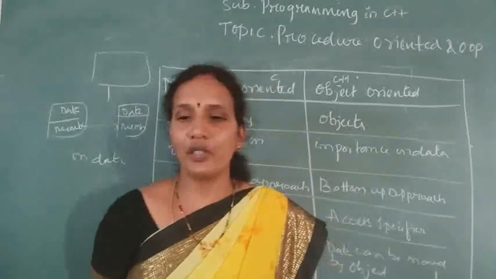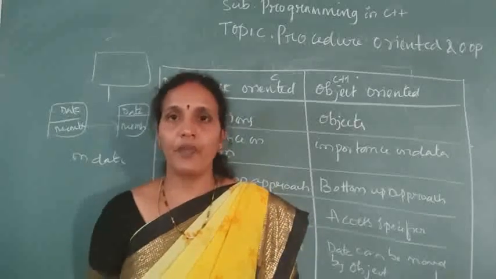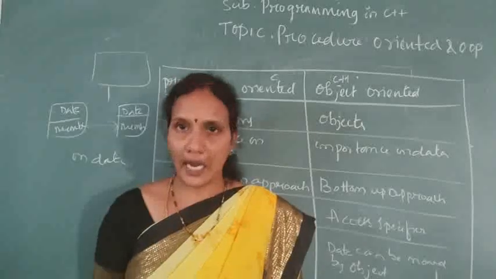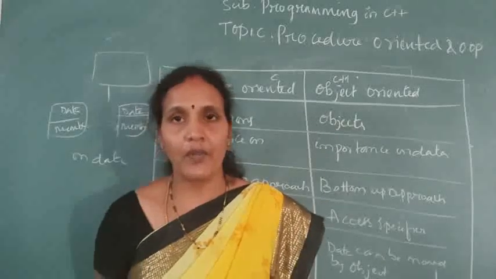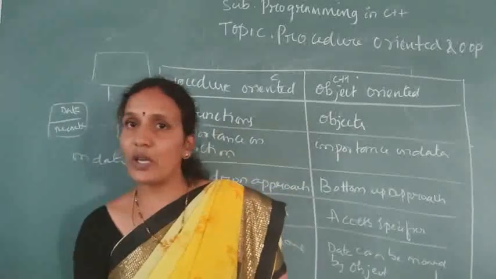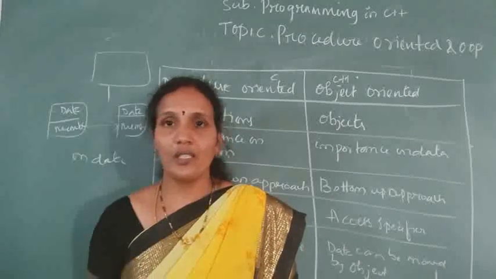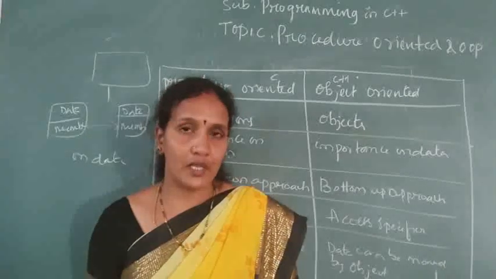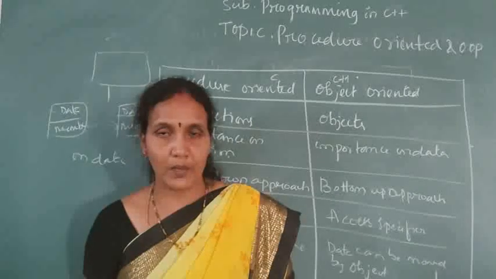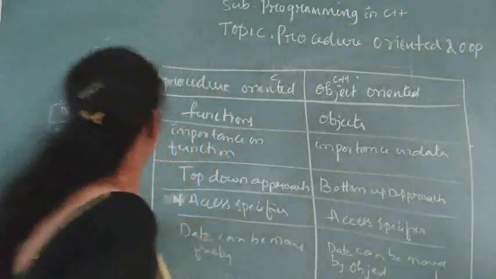See, for example, you are writing a program for a bank. In the bank, how many people will you get? Customer, account holder, bank manager. So the bank manager or bank is one object, and customer is one object. About the customer, what will you store? That information will be in the customer object. About the bank, what will you store? That is with the bank object. And what operations can the customer perform?